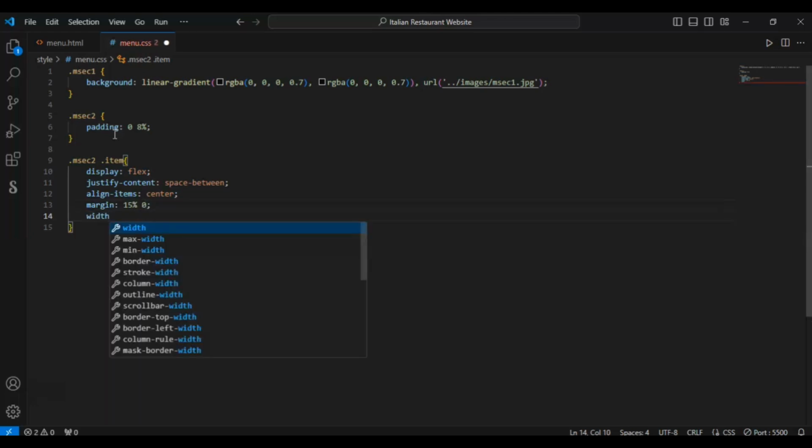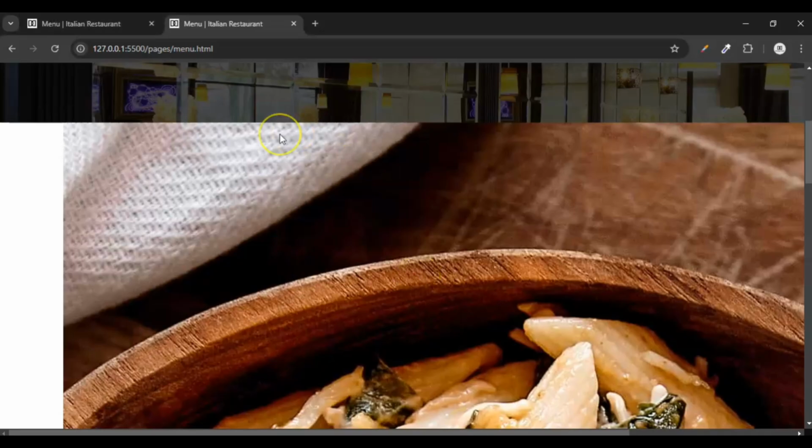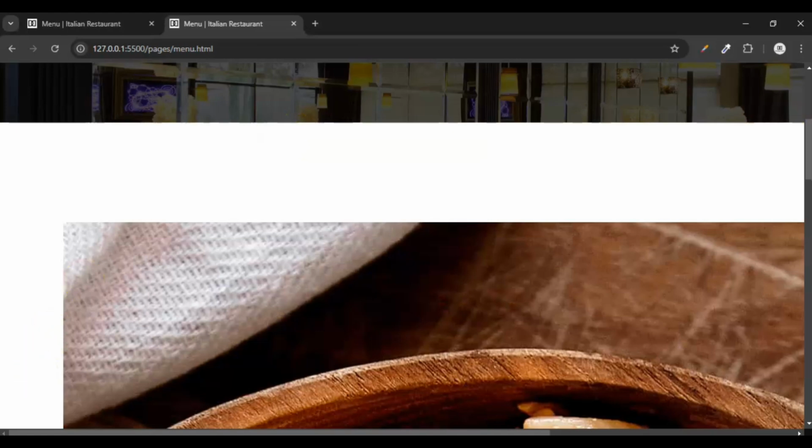Width set to 100%. So you can see this is the margin